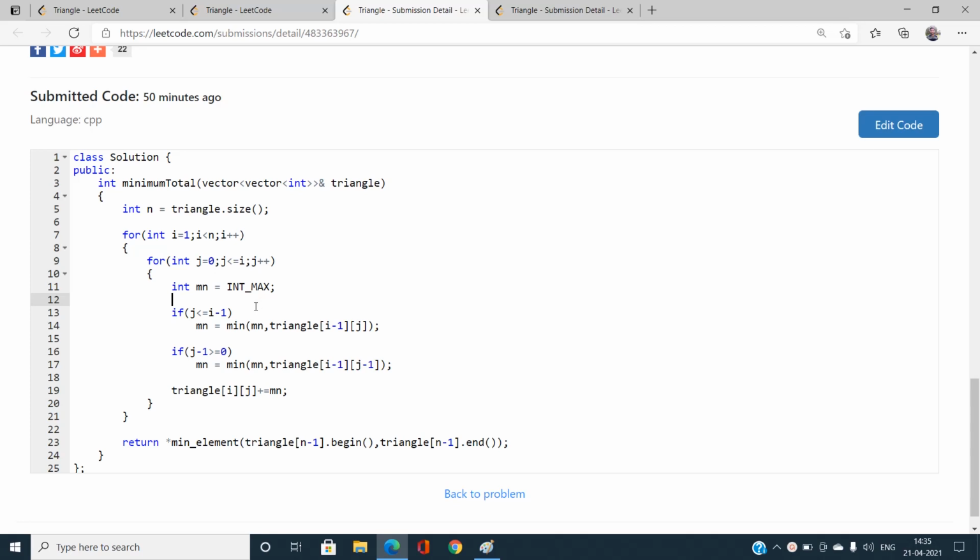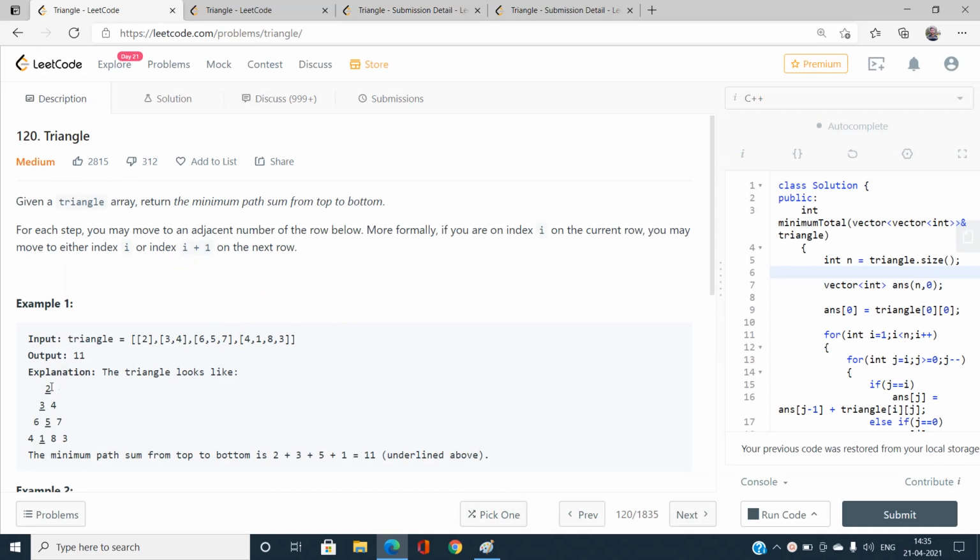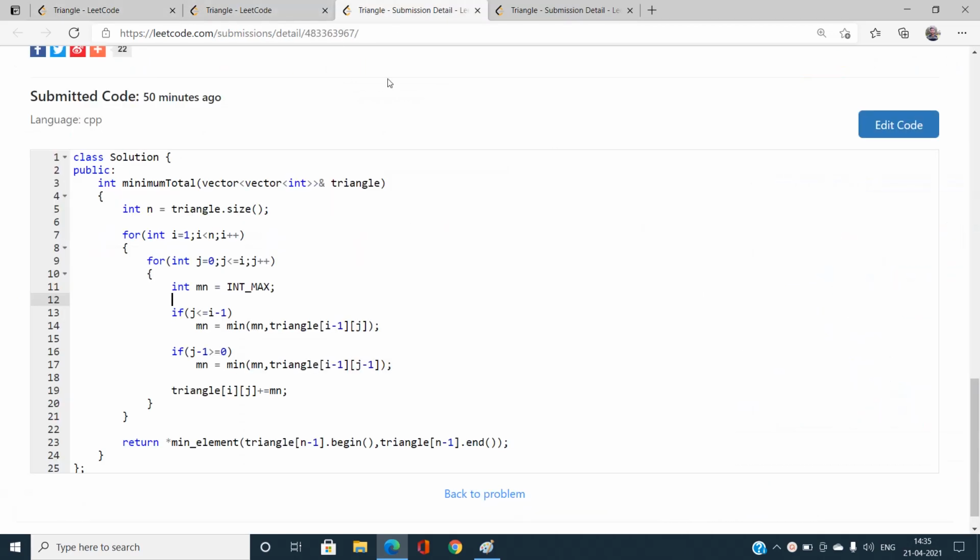Okay, and it holds only one value, that is, you can see it holds only the value equal to 2. Okay, and let's try to just fill up the values. What is my current minimum? Let's say INT_MAX, and what is the minimum? I'm just trying to fill out the minimum value for coming to this cell, rather than just adding the values. Okay, finally you can see I have just added the value of triangle[i][j] plus equal to